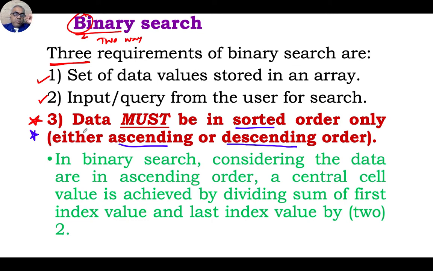However, here in binary search, whatever data is given will be already in order, because if you allow the user to input data, it cannot always be in any kind of order, it can be in any order. So in that case, yes, the data will be either in ascending or descending order. We will assume that the data is in ascending order.